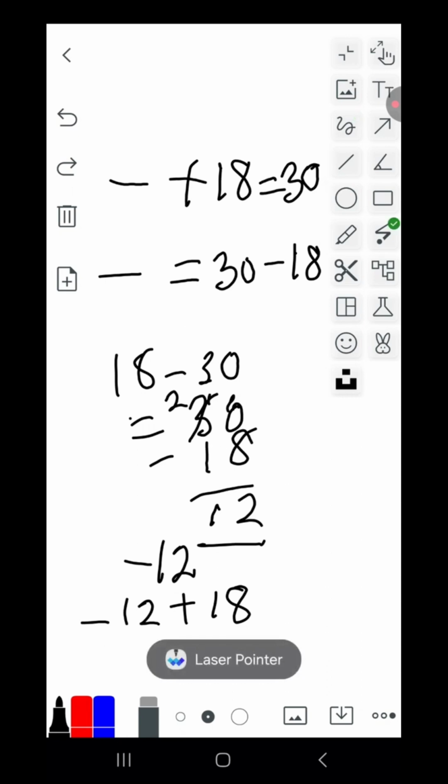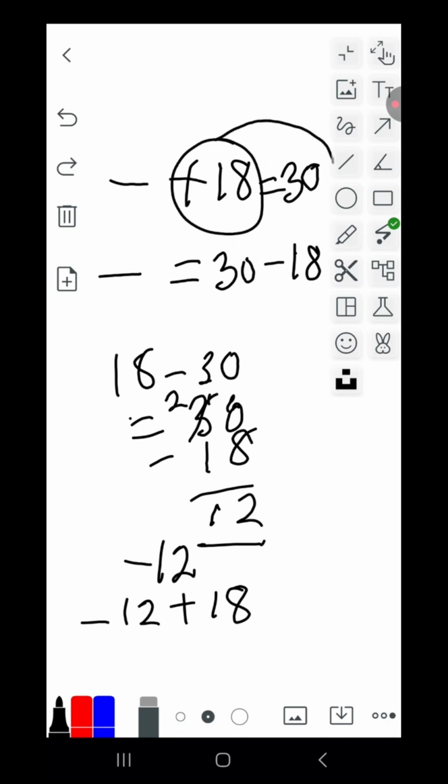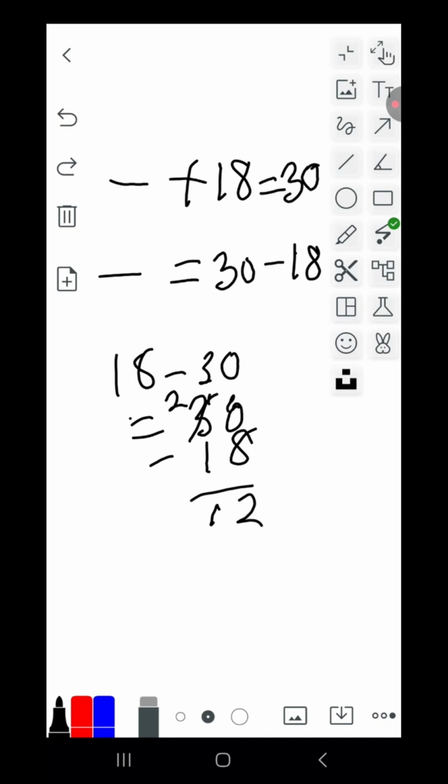That tells us that you cannot move 18 here. You've got to move it right over 30. And that then tells us that the answer here is 12, because 12 add 18 equals 30. Now I'm going to try and give you some questions. If you can try to work it out, that'll be good. Tell me your answer in the